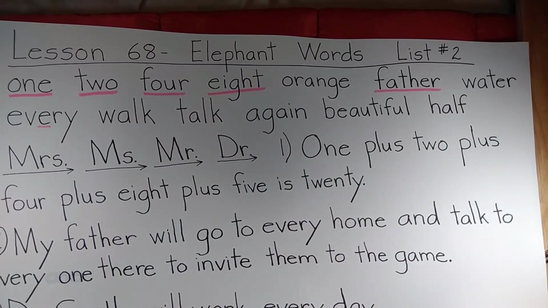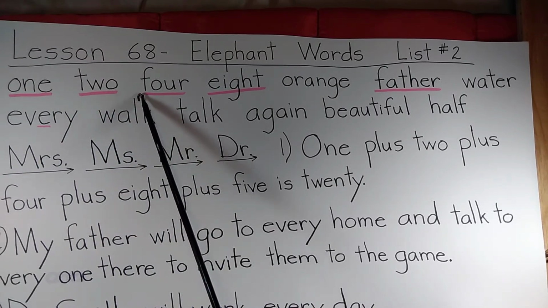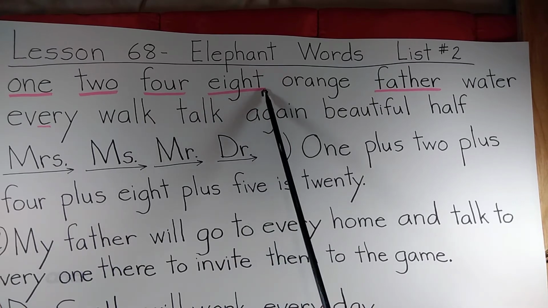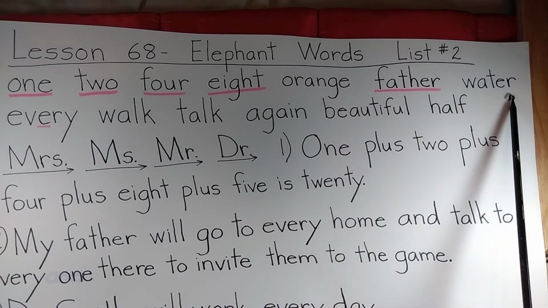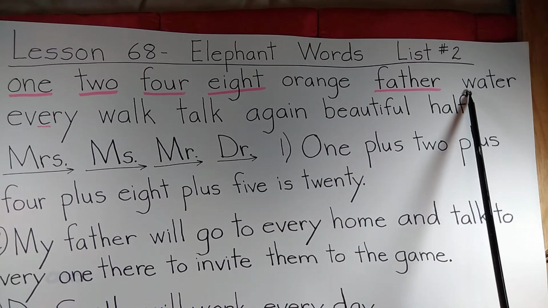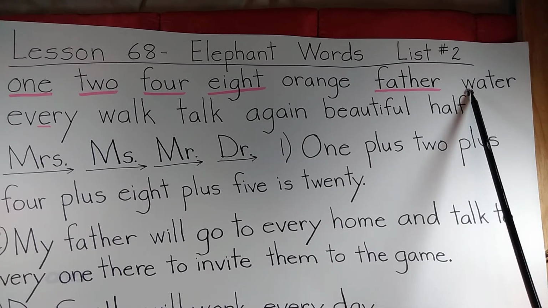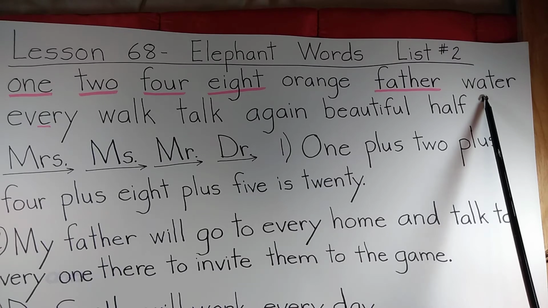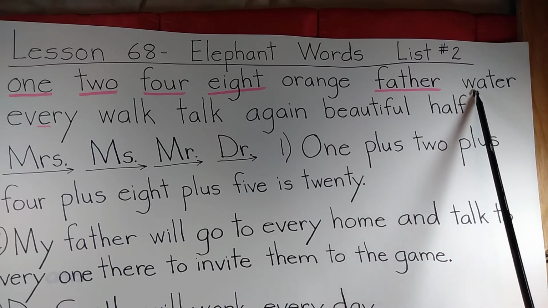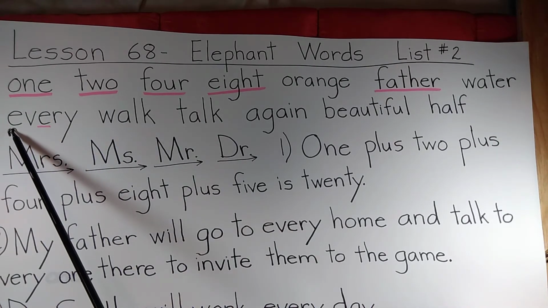Okay, a new set of elephant words. Here they are. 1, 2, which we've had. 4, 8, orange, father, water, and this word, depending on what part of the country you're from, could be pronounced a lot of different ways, and you just pronounce it the way you pronounce it. That's fine, because I'm doing it from a Midwestern accent, but I've heard a lot of different ways to pronounce water. Next line. Every,